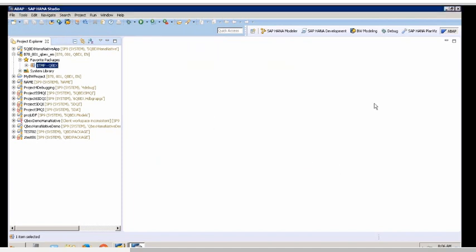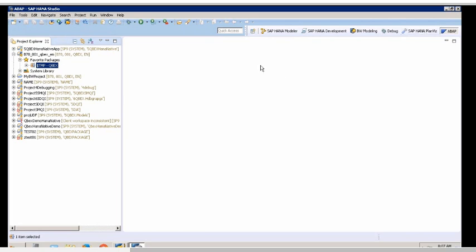And there'll be some perspectives just for debugging. Let's say you've written some stored procedure and I would like to debug. Only for debugging, there's a separate perspective. Just now we've seen some graphical execution plan of a view, and to see that we'll use this HANA plan visualization. There'll be a lot of perspectives and each perspective is for a different purpose.